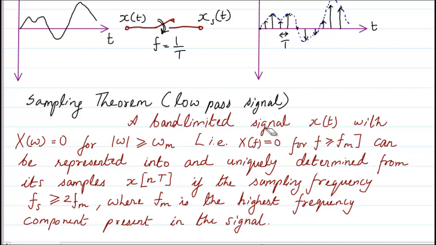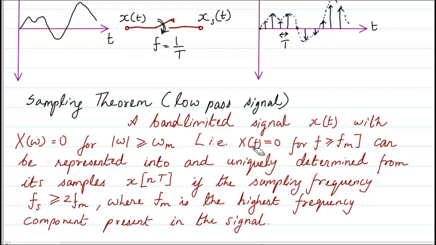So a band limited signal. Band limited means the various frequencies that we have in the signal are limited to some higher frequency. You do not have a frequency beyond a certain highest frequency. That is called a band limited signal. That means its frequency band is limited to certain frequencies. So a band limited signal x of t with X of omega equal to 0 for frequencies above some maximum frequency omega m,